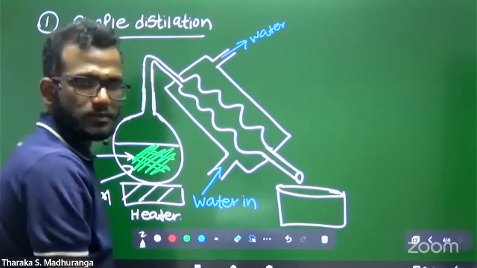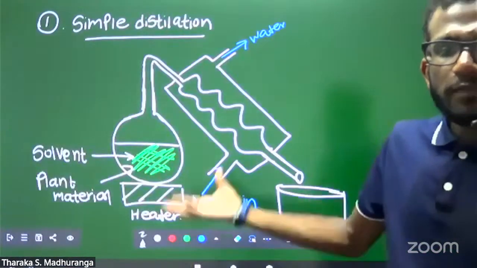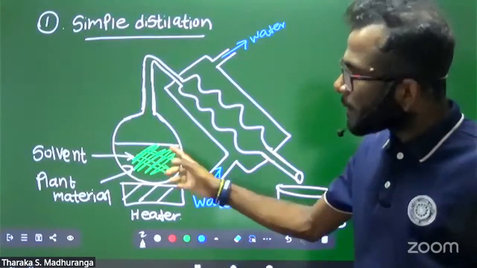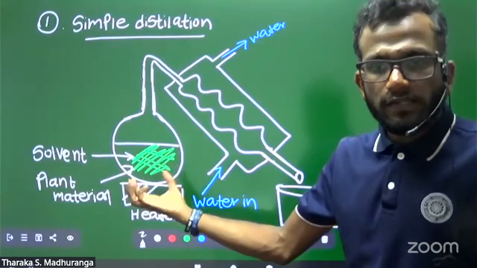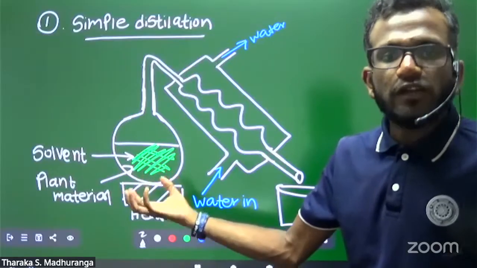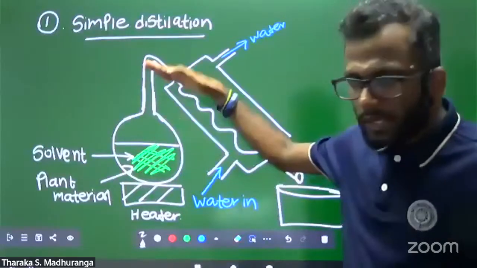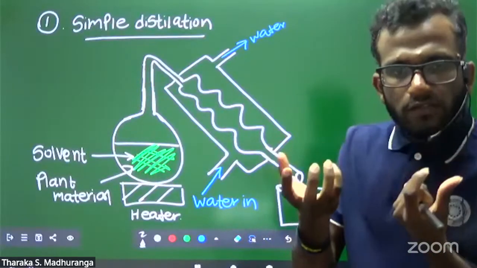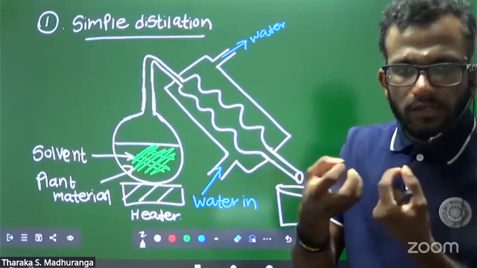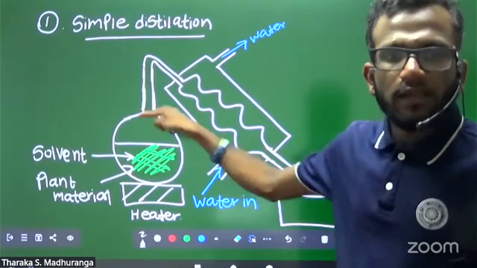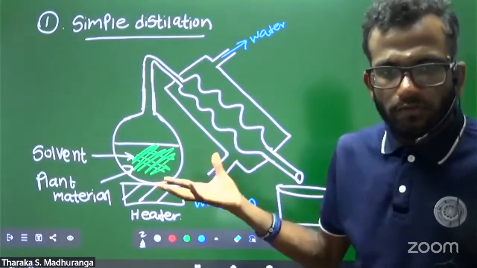That's a heater. Same as previous, we need to switch on the heater. Then what happened? The solvent starts to vaporize. The plant material is in the same chamber. Therefore, plant material and solvent contact each other, and the compounds in the plant material first go to the solvent, and